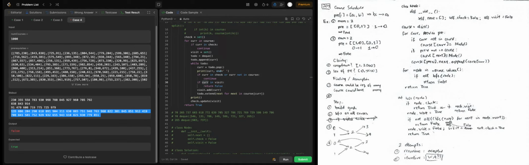Once that is empty, then it is good. So okay, let's think through this carefully. If I pop an item from 1,